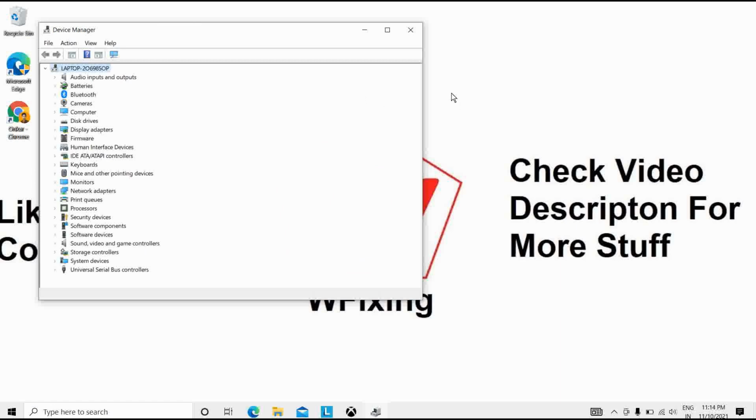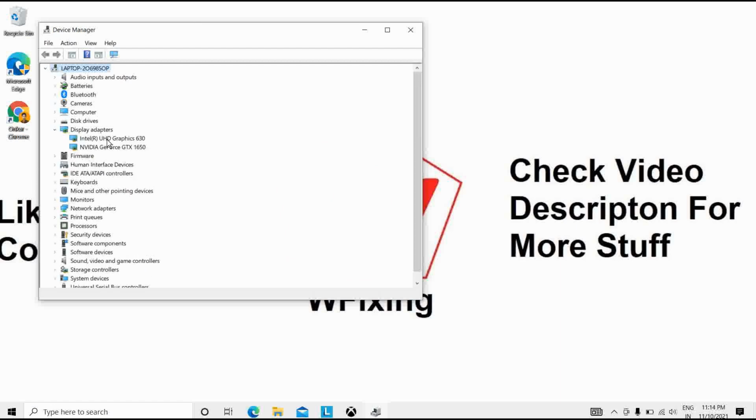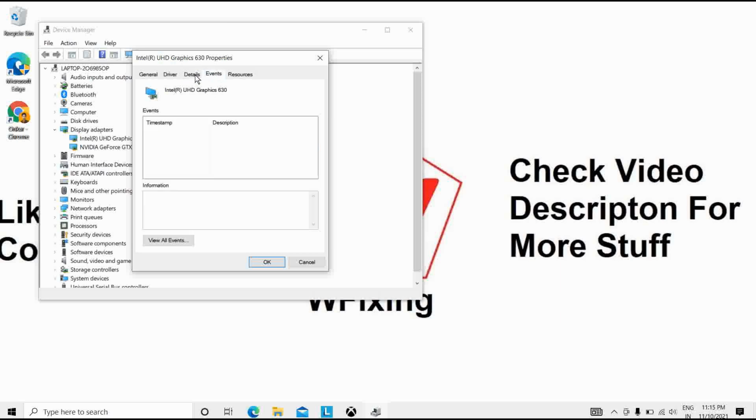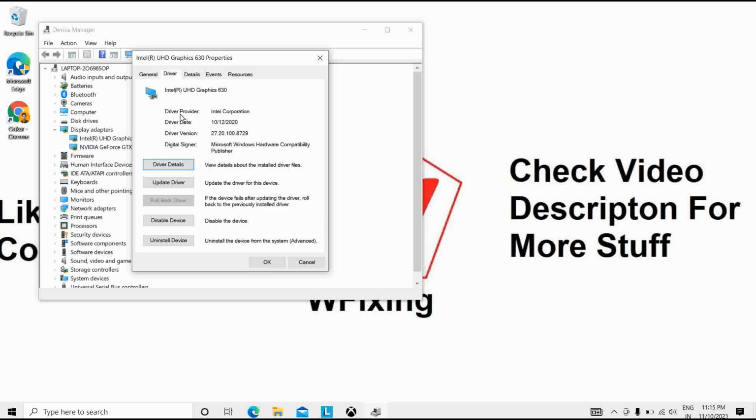What you have to do is reinstall your drivers. Okay, so for that we again open our display adapters, and you have to select your Intel UHD Graphics 650. Then go to its properties. Okay, so go to the details, and you can see here the events and drivers. Okay, in the drivers tab you can see the options for update driver, roll back driver, disable device and uninstall device. Okay, so what you have to do is uninstall the device.